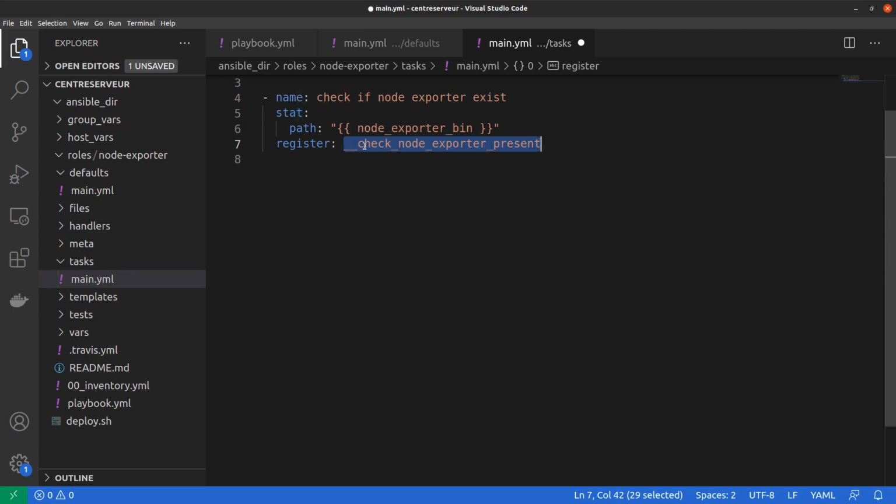So we store it in check node exporter present, and in check node exporter present we have a dictionary with the stat.exist variable. If this variable is set to true, we have already node exporter installed, and if this variable is set to false, we don't have node exporter installed. Okay, so